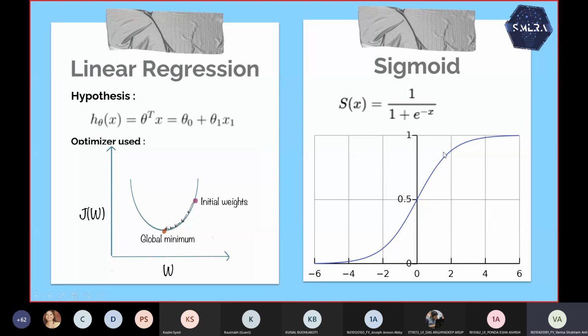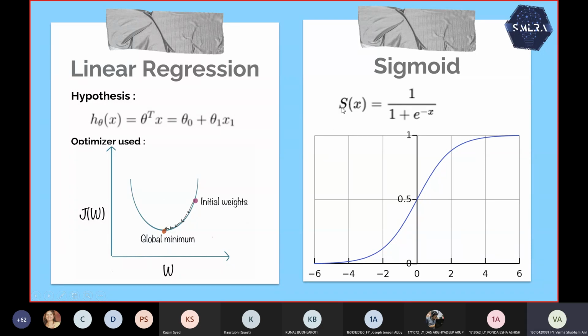For doing that, we have to build another function, because if I take this same model of linear regression, we saw that the value can go above 10, above 20 also, but we don't want that here. As you see, the optimizer that was used in linear regression was starting from a point and running to bring the error down, optimizing our algorithm by finding the global minimum or the local minimum.